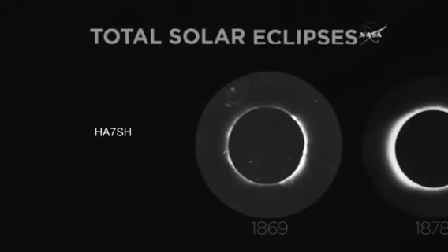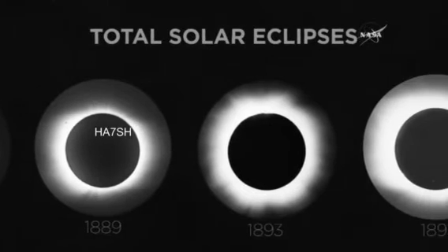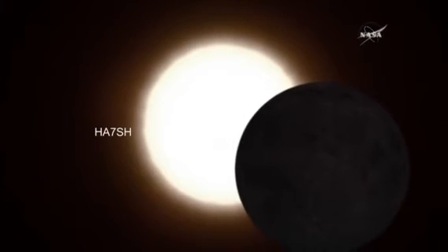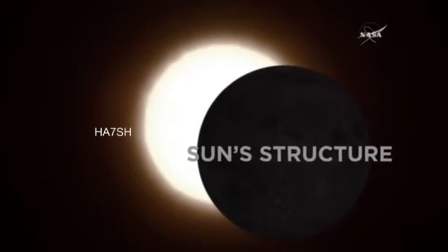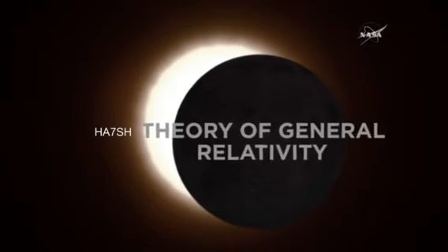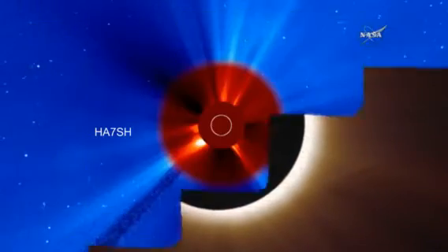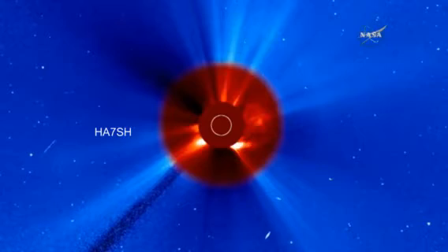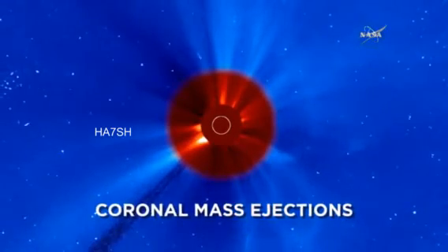Studying total solar eclipses has revealed some of the most fundamental discoveries in science today. During these celestial events, scientists discovered the sun's structure, the first proof of Einstein's theory of general relativity, and the element helium 30 years before it was found on Earth. They also discovered huge solar explosions called coronal mass ejections, eruptions on the sun that continue to be an important